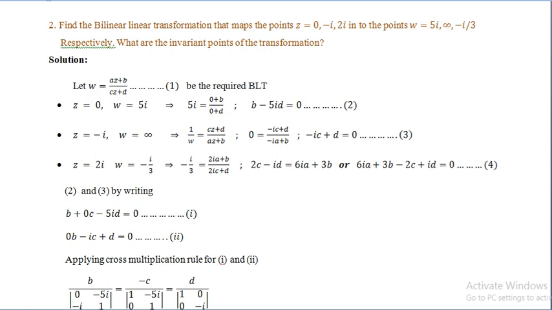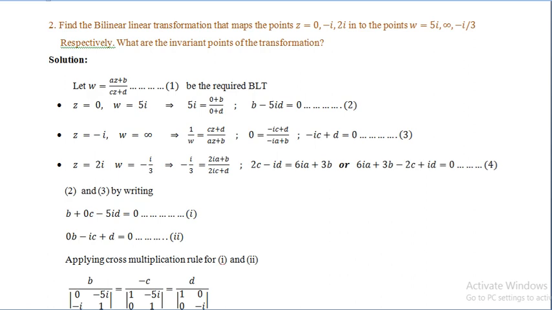So you'll remember it: when z contains 0, take z as common in the numerator and denominator of the right hand side. If w contains infinity, write w as 1 divided by w and interchange, reversing the right hand side term here. And 1 by w value is infinity, so 1 by infinity is 0. So now z equal to minus i means (minus ic plus d) by (minus ia plus b). After cross multiplying, the denominator into 0 becomes 0. So finally minus ic plus d is equal to 0.